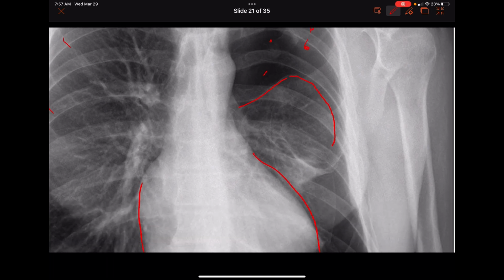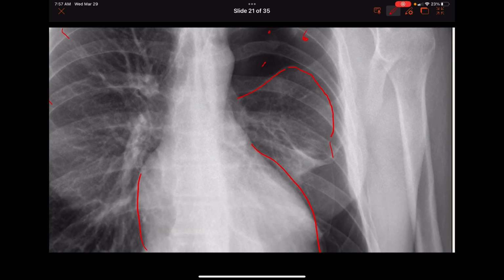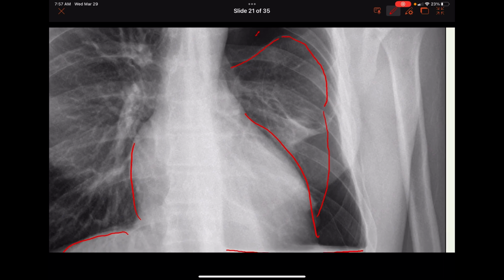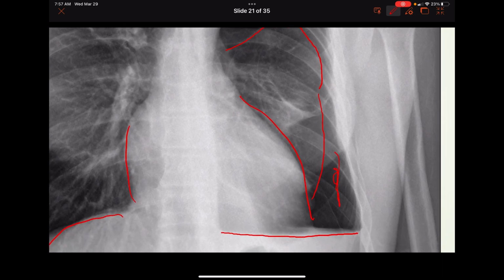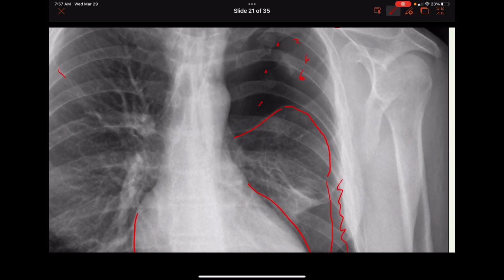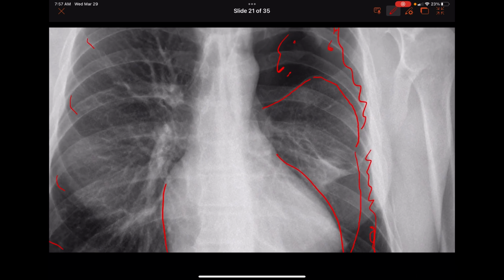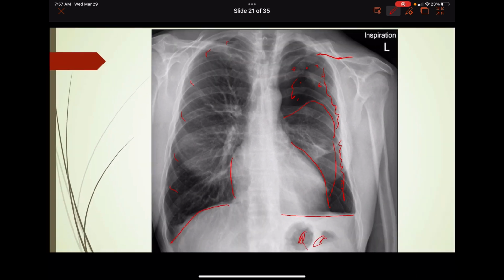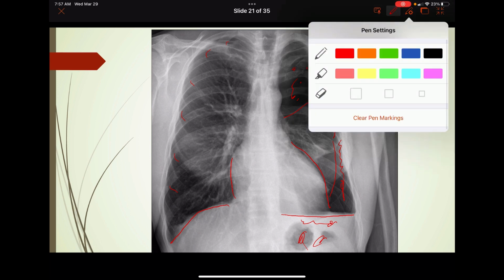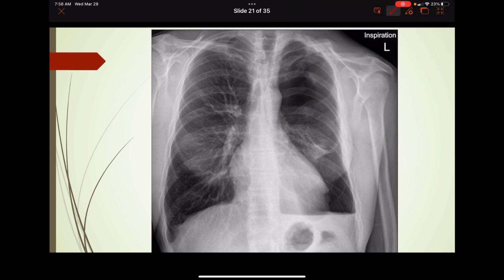That's pleura coming down here. And you can see here there's no lung markings. So this is a pretty good sized pneumothorax, and patient is going to need a chest tube for that for sure. And of course I imagine this pleural effusion down here is blood. So I would bet that this is a trauma patient, and more than likely, seeing this fracture up here,